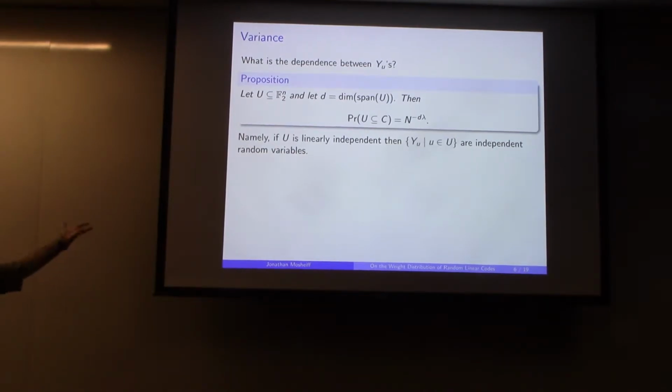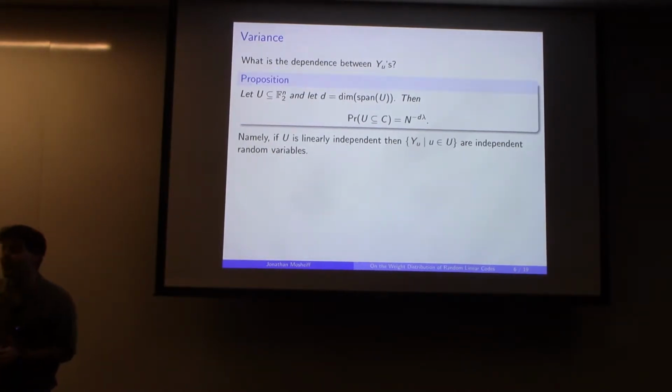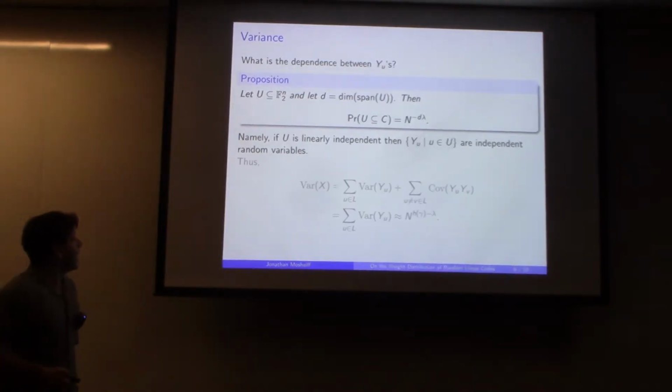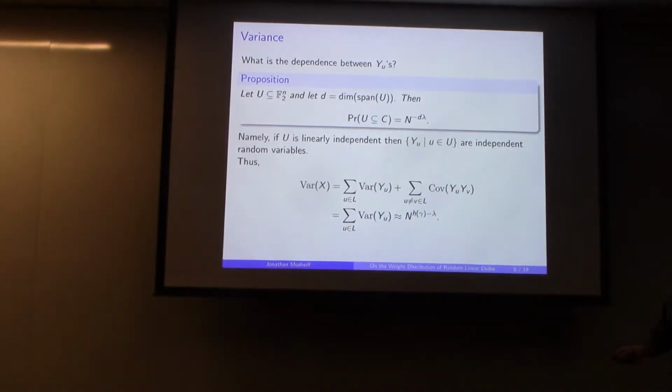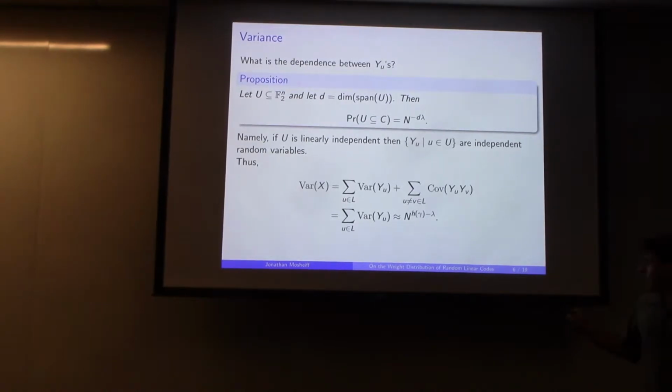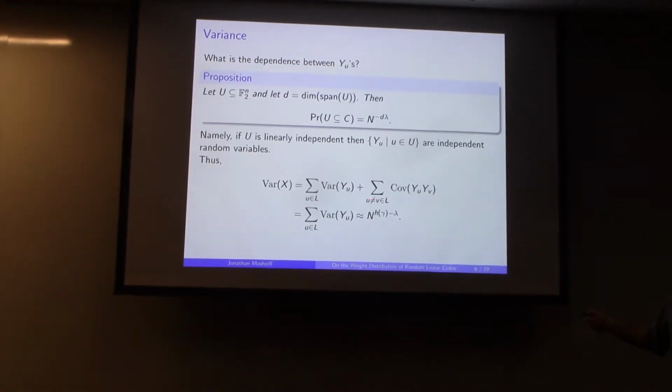And it's nice. It means that vectors being linearly independent means that their indicator random variables are independent as random variables. That's basically what this proposition means. And now we can use this to compute the variance. So how does this let us compute the variance? The variance is the sum of the variance of yu plus the sum of the covariance of yu and yv